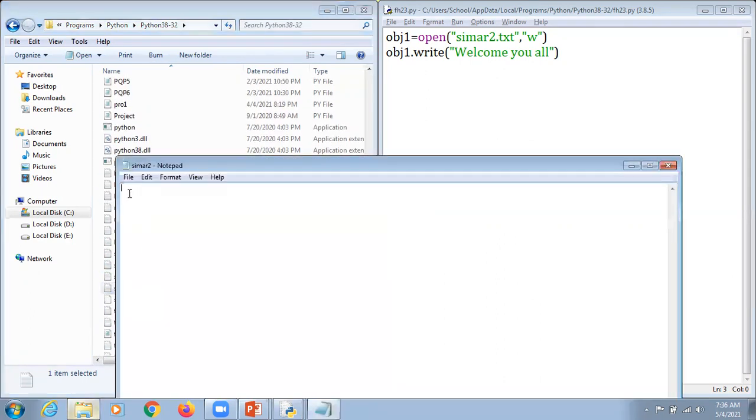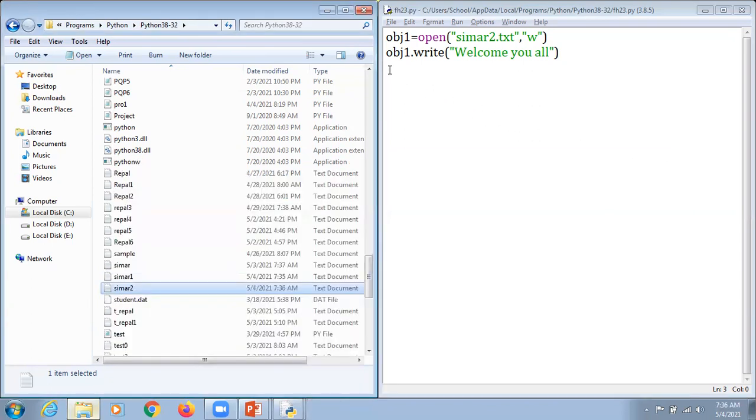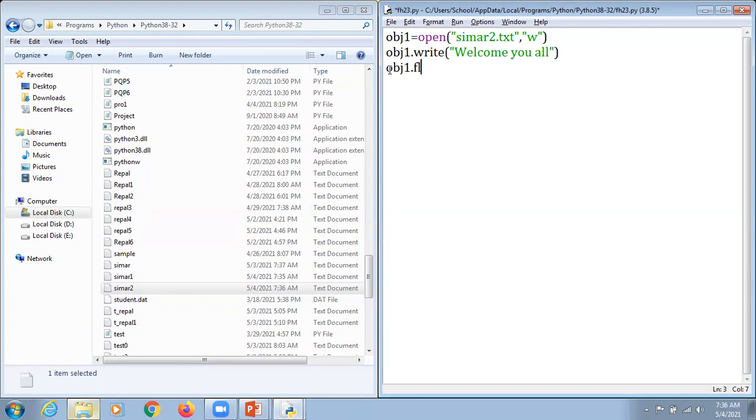Double click here. And what happens is as discussed earlier: when we do not enter a close function here, the content is not written to secondary storage. But one more option will be there, that we mention here flush, FLUSH. This is a function.